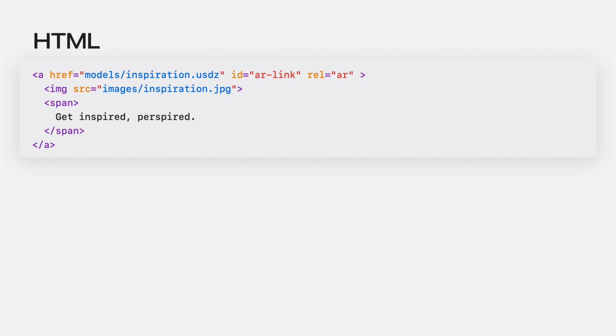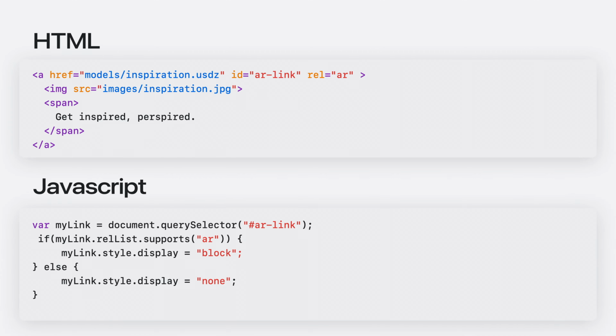And it's less than a line of code, just a single attribute, to let users open a model with Quick Look in visionOS. Use exactly the same syntax as iOS and iPadOS for AR Quick Look by using rel equals AR for links pointing to a USDZ model file. Visitors to your website can open these objects and put them anywhere in their scene. And in visionOS, like we saw, the website remains open in Safari along with the 3D models in Quick Look. And if you want to make sure your users will be able to see models through Quick Look before showing them a link, look at the relList of an anchor tag to see if it supports AR.